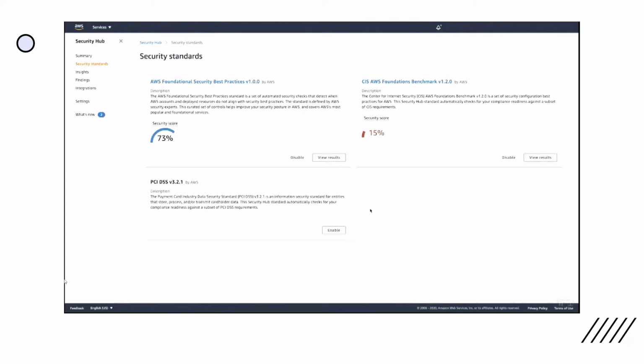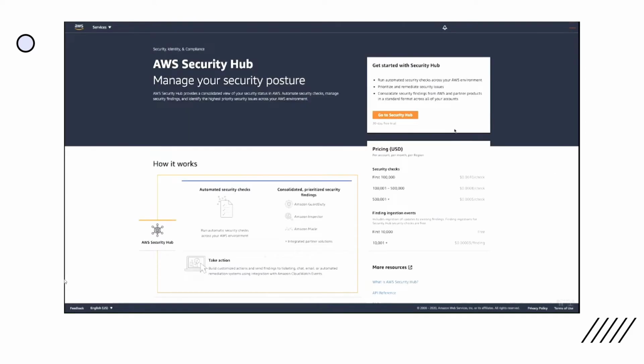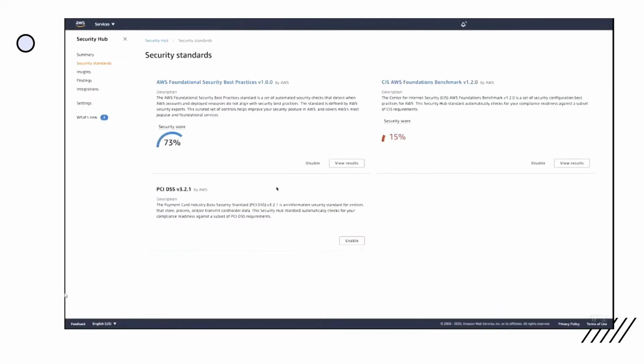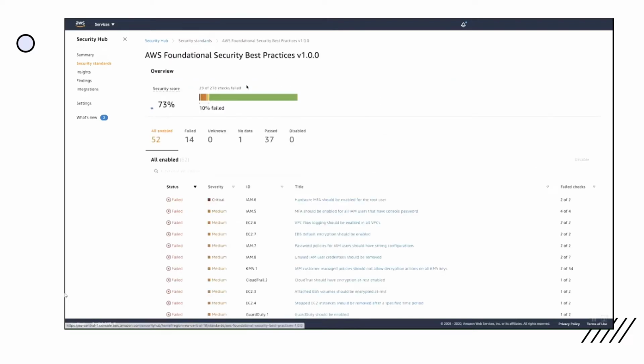So now I will cover the next part of it. Now let's head to the foundational security best practices page. First of all, here the security score is 73%. You can see the way the security score is calculated. If I go under the security score,